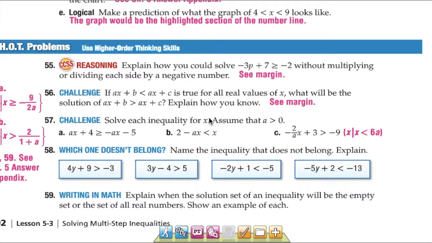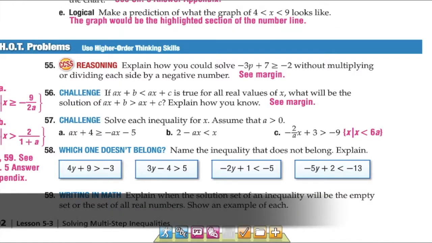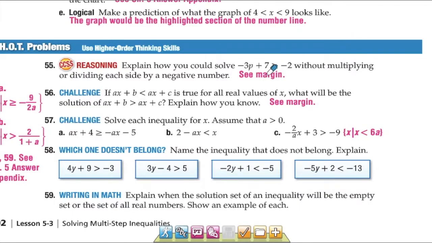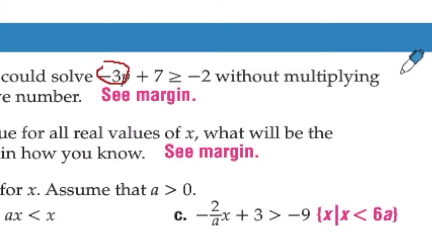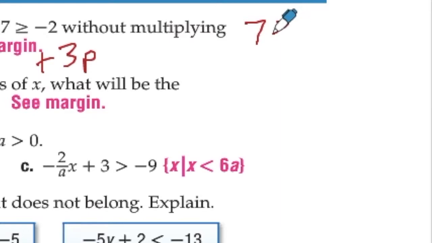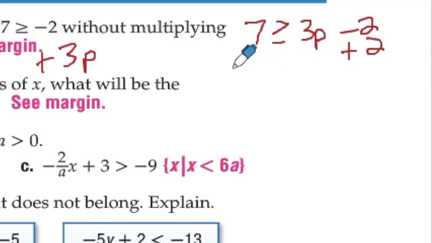I want to take a few minutes to look at the HOT, higher order thinking problems on page 302. Number 55 says, how could you solve this inequality without multiplying or dividing by a negative number? Right now we have negative 3p, so I'd have to divide by negative 3p to isolate it. But if I added 3p to both sides, what I'd have left is 7 is greater than or equal to 3p minus 2. And then if I add 2 to both sides, I get 9 is greater than or equal